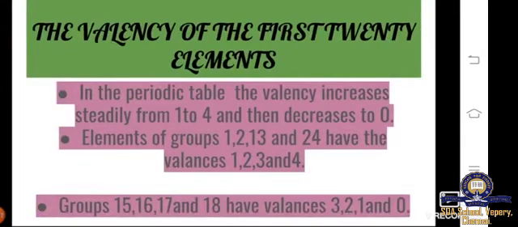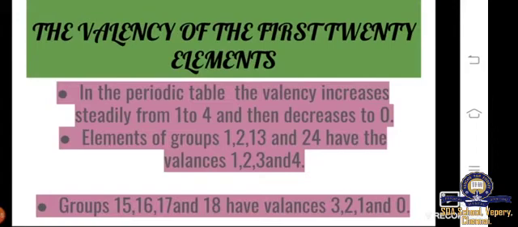Valency of the first 20 elements. The first element is hydrogen, the 20th element is calcium. In the periodic table, valency increases steadily from 1 to 4 and then decreases to 0. From the first group to the fourth group, the valency is increasing. Valency is nothing but the combining capacity of an atom. And then after the 4, it